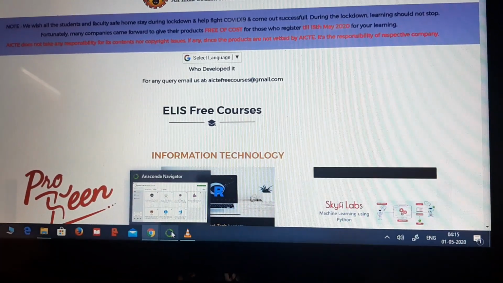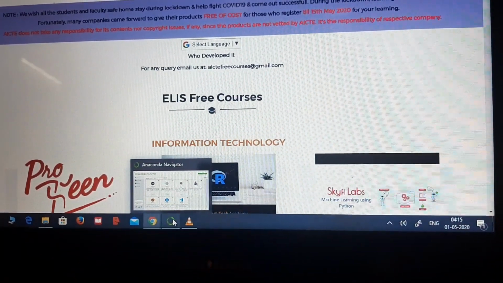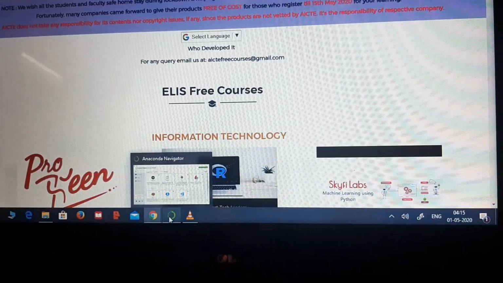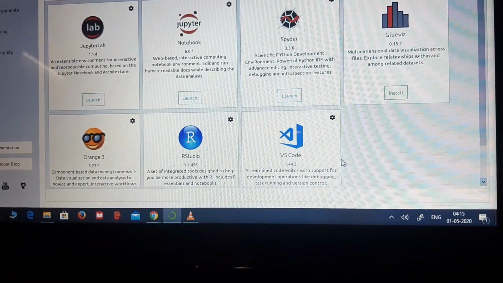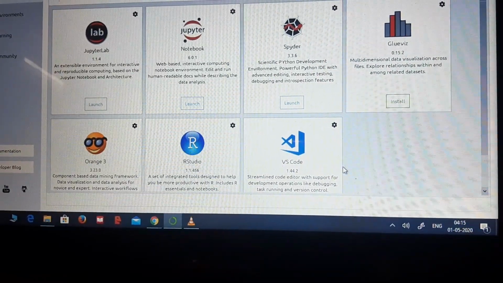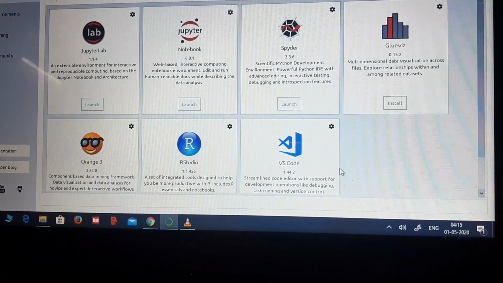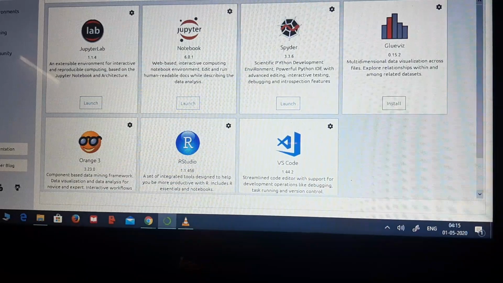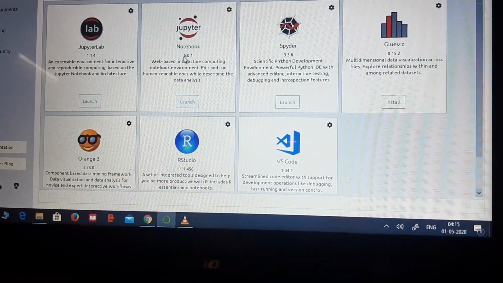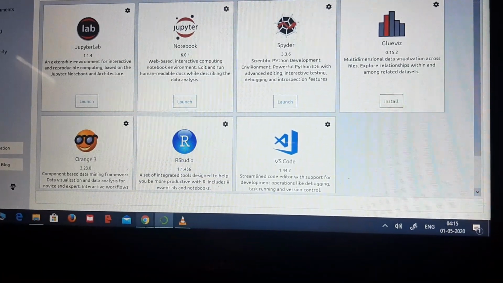Firstly, I am introducing how to download Python. Search in Google, and after that the recent version appears on the Google screen. So I am downloading the 3.7.3 Python version. After that I show Anaconda Navigator, then Jupyter notebook, and launch the Jupyter notebook. Then I will go to this screen.